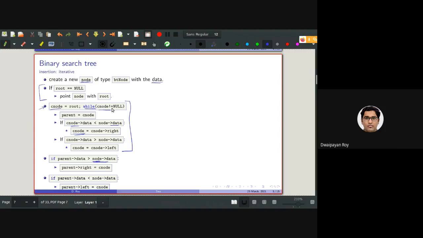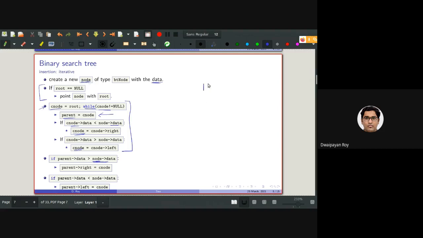That means we are ending at a position where we encounter a null position and we need to insert the new node containing this data in that position. Note that I am storing the value in a parent. So when C node is null, parent is actually containing the position in which we need to insert the new data or this node.